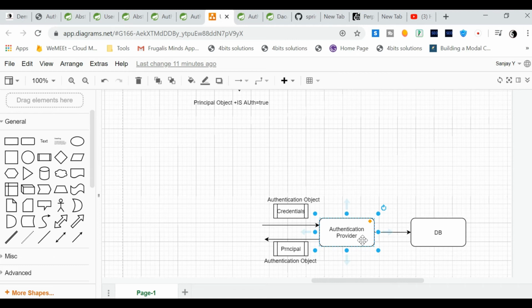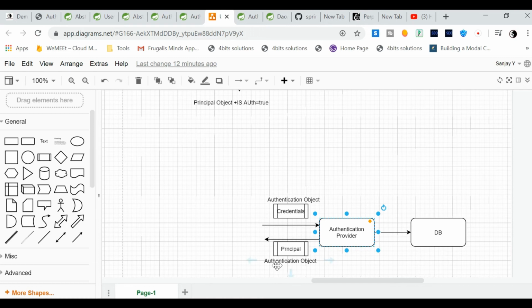Now the authentication provider tries to get the credential from the authentication object and then tries to validate it from the database or any other sources, based on the different authentication providers. So suppose it tries to validate it from the database and it returns me a valid user object. Once the user is valid, it does some processing and returns me a principal.